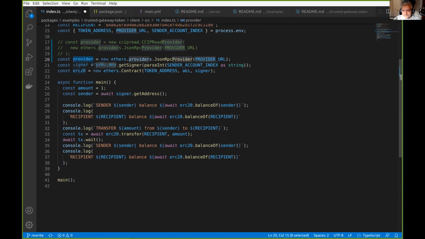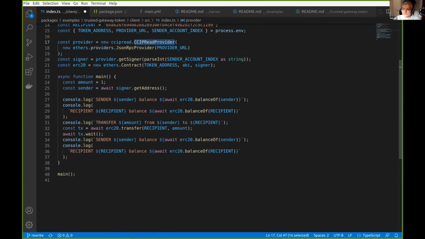We get an Ethers provider, create a signer from it, we set up a token contract, and then we just check the balance of the original account. We make an ERC20 transfer, and then we check the balance again. So far, so simple. The only change we need to make in order to support using EIP-3668 is that instead of just the standard provider, we wrap it in a piece of middleware that we've written called the CCIP Read provider.